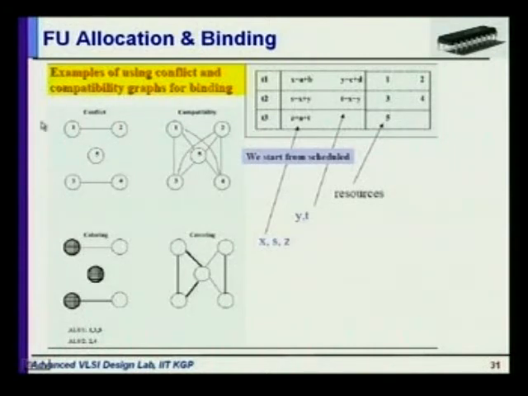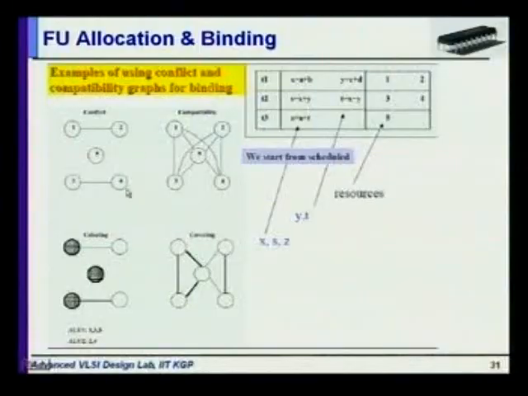So basically it's the complete graph, na? Basically there is an edge between any two nodes. This is the complete graph. So you consider a complete graph between these nodes and remove the edges which are in the conflict graph, then you will get the compatibility graph. Clear? So on the conflict graph you will use a graph coloring algorithm.